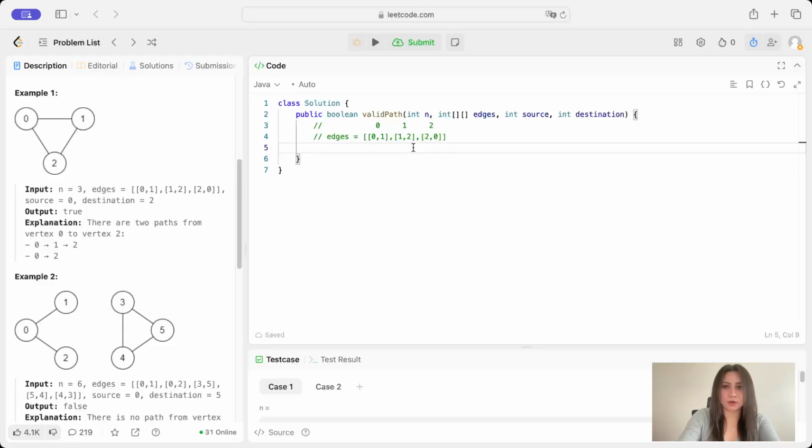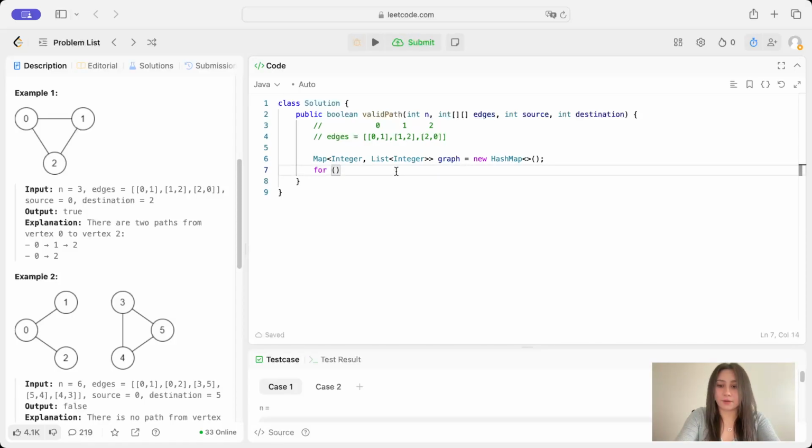So we're going to start out by building our map. We're going to say map of integer to a list of integer, graph is new hash map. And then we're going to want to loop through our edges array to build out this map. I'm just going to do by array instead of by index, because we don't really need the index here. So for each inside array in edges,